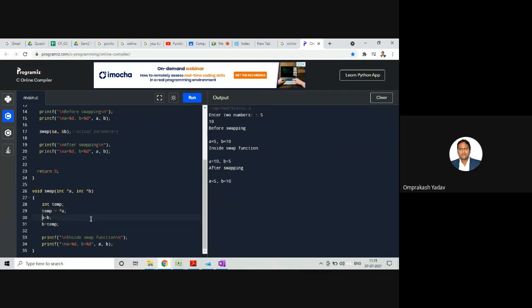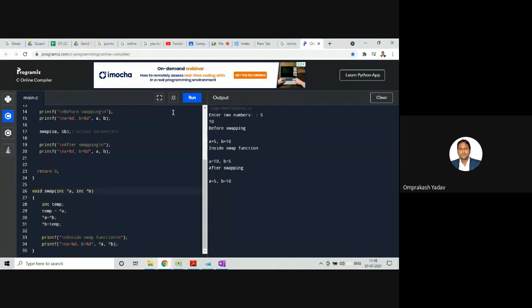Then the value at A gets replaced by the value at B, and the value at B gets replaced by temp. Then let's print the values of A and B, and we will get the reversed values.